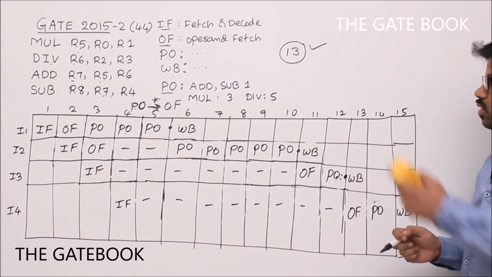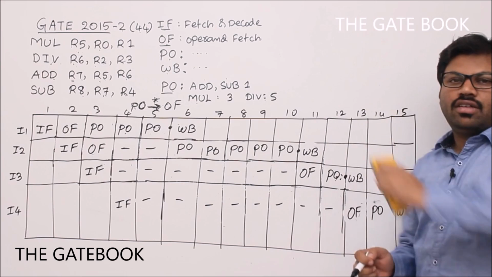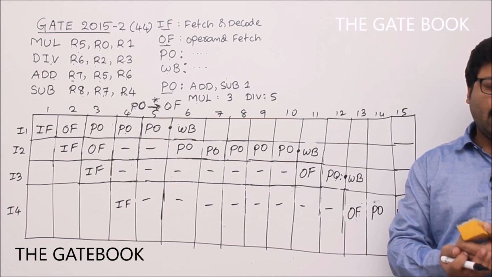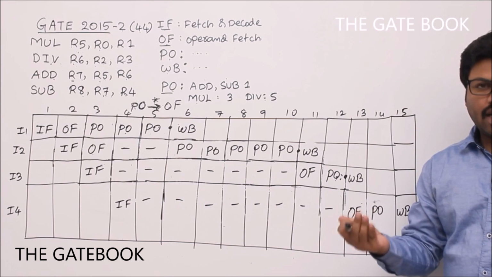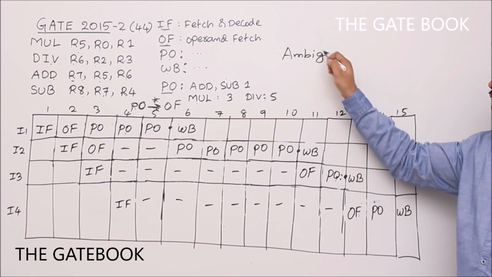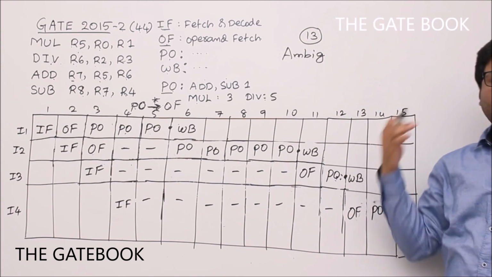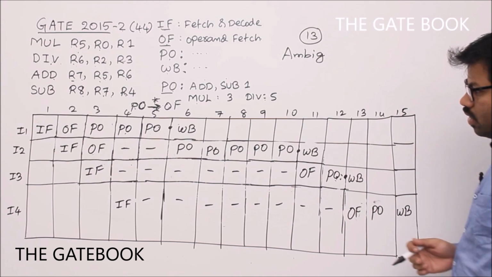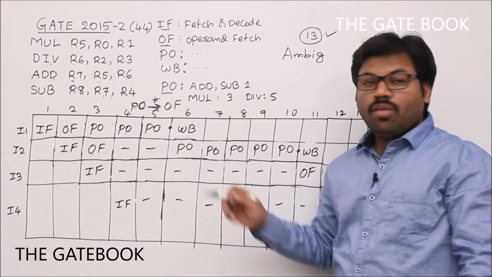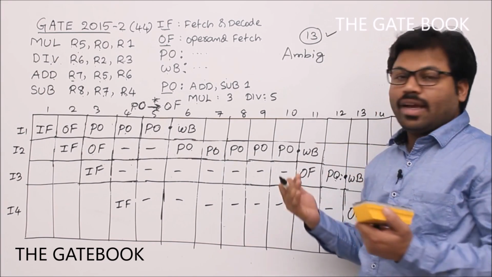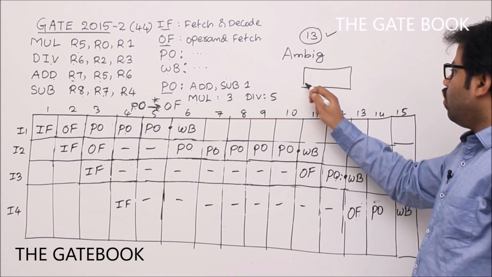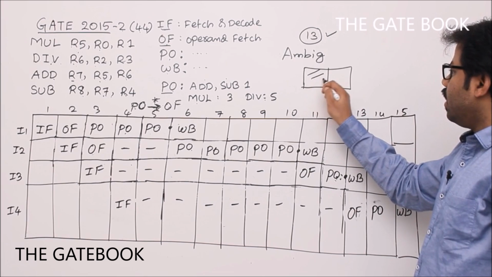So definitely, to get the answer 13, based on the answer, I am updating myself, or changing my answer. But that's why it is an ambiguous question. Let me clearly tell you that it is ambiguous. Why they have given answer 13, what is there in their mind, I will tell you now. To get the 13 answer, while doing perform operation, maybe they are thinking about the circuit in such a way that the perform operation is updating the register file in the first half